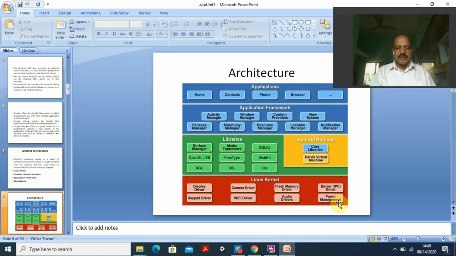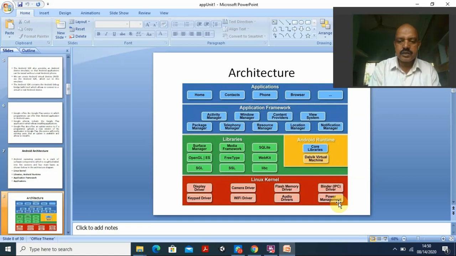Just above that are the libraries. Here you can understand from these libraries, it is also a bit of software which is pre-compiled and everything is available for you. This can be the surface manager, OpenGL ES, SGL, the media framework, FreeType, SSL, SQLite.